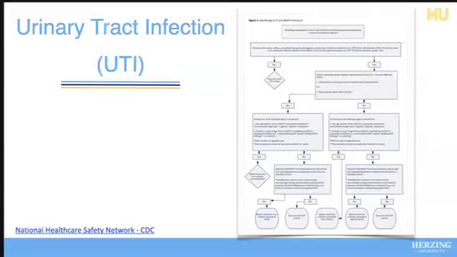This bacterial adherence initiates an inflammatory response with the recruitment of neutrophils and release of cytokines. The inflammation triggered by infection and/or the irritation of the bladder lining, that cystitis, leads to urgency, frequency, dysuria, and those are the key clinical manifestations of lower UTIs. Urgency and frequency arise from the bladder's increased sensitivity to small volumes of urine due to inflammation. And then we see dysuria, which occurs as the inflamed urethra is further irritated during the